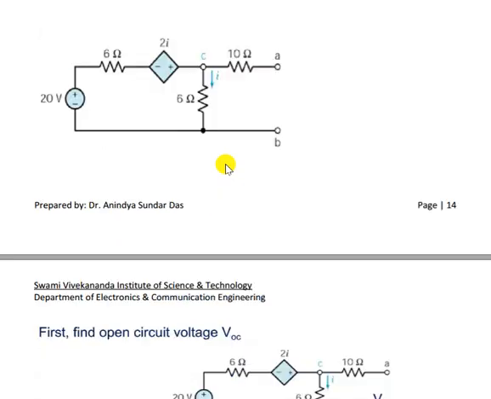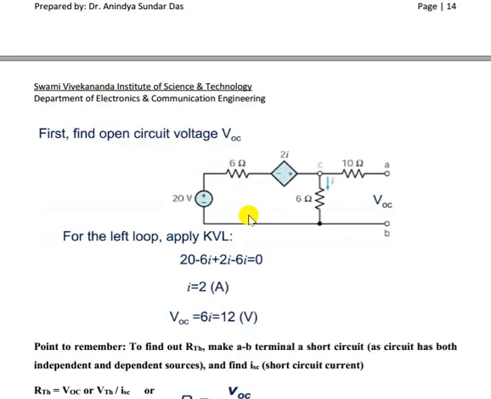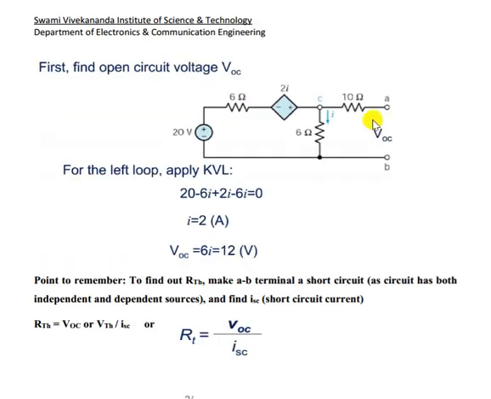Now another example with a dependent source. Now in that case we have to first find out VOC here. Okay. Now again same thing. No current is flowing through this 10 ohm resistor, so no voltage drop. And if you write KVL across this, the first method, voltage increases 20 minus 6i, voltage again increases, so plus 2i, and voltage drop minus 6i. Solving this, I equal to 2 ampere, then VOC equal to what, or VTH equal to what, 6 into I, so 12 volt.